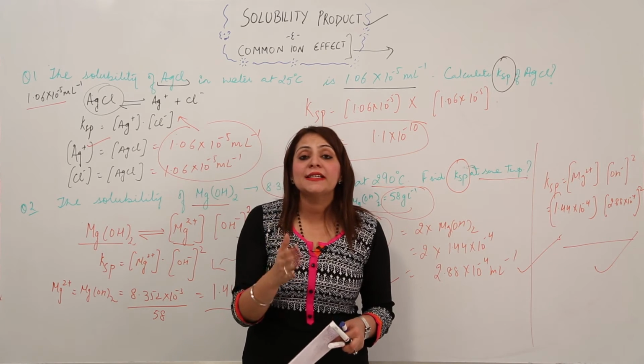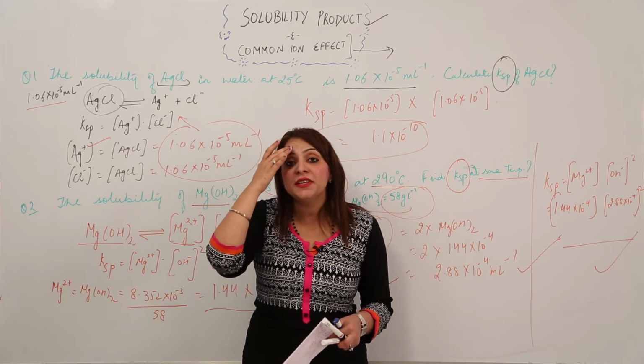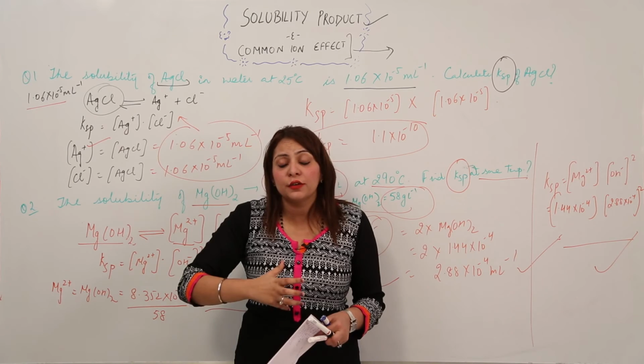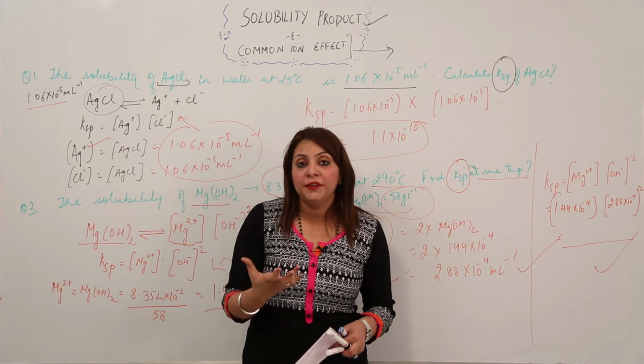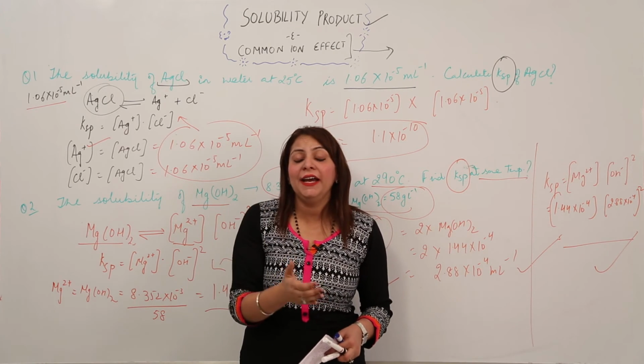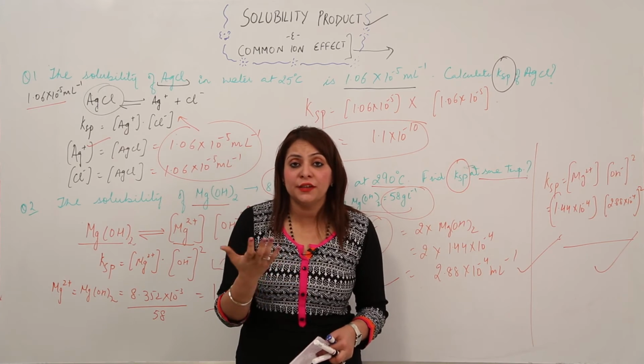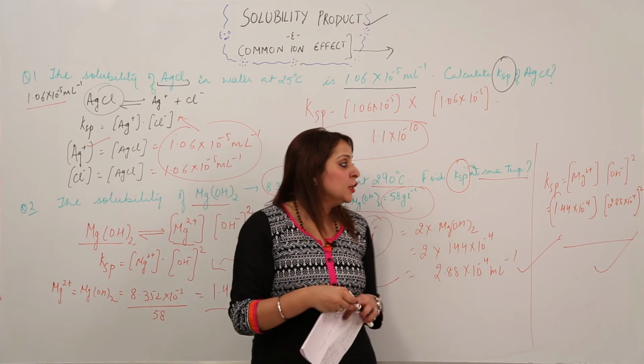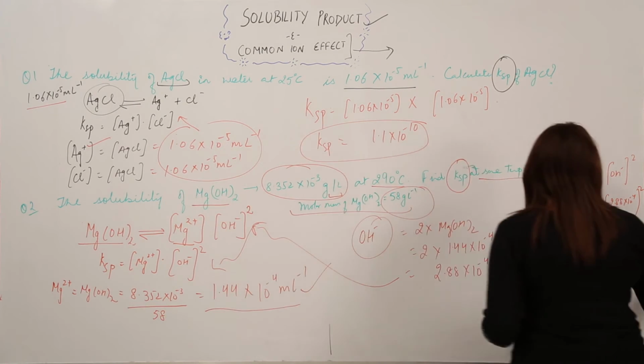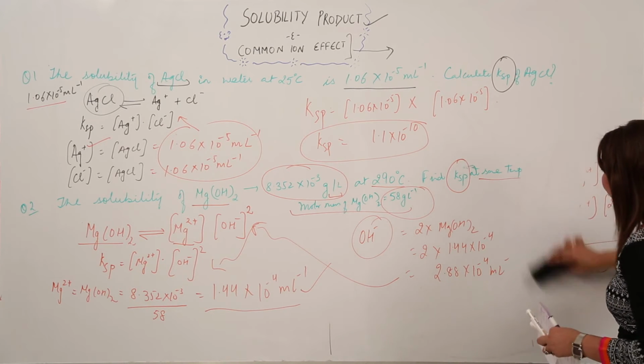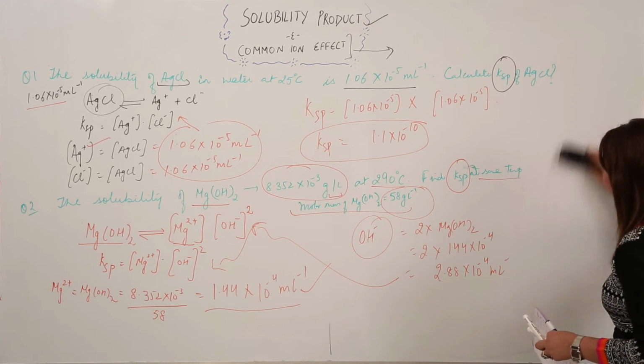But what is the common ion effect? As the name suggests, some ion is going to be common, right? So what is that common ion, and when does it get common, and what is the effect of that common ion, right? Or you can say, where do we get to see that common ion effect? So just look at the board carefully.